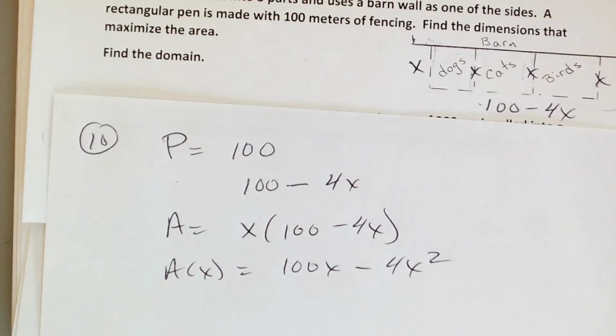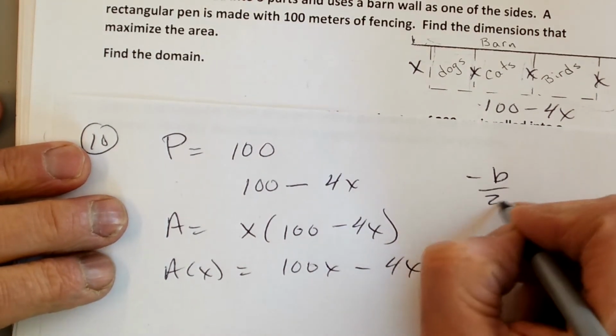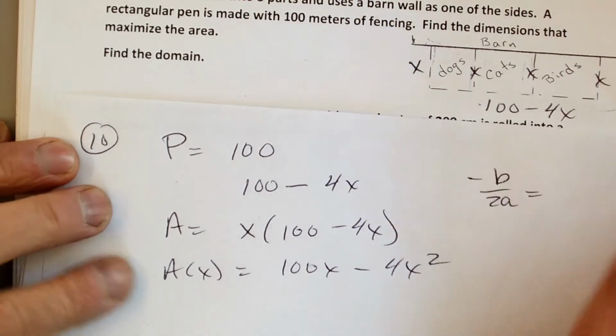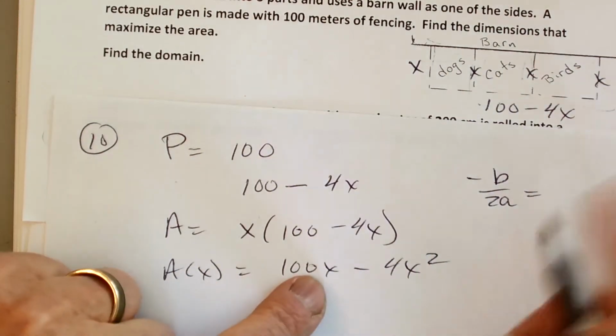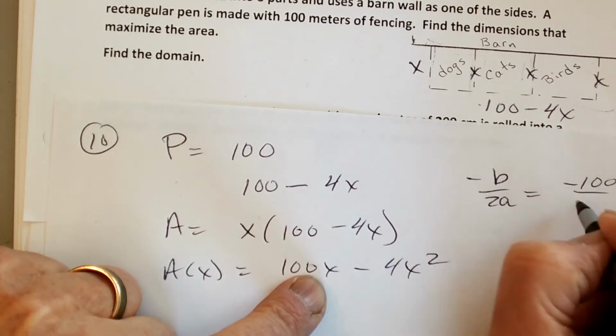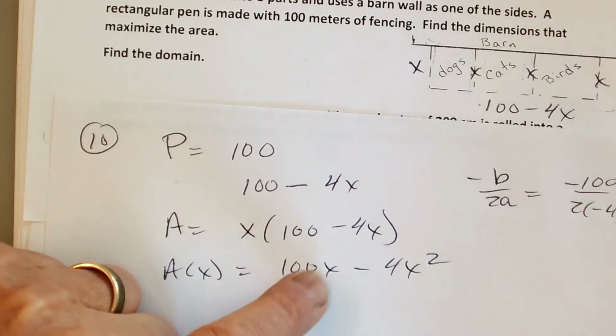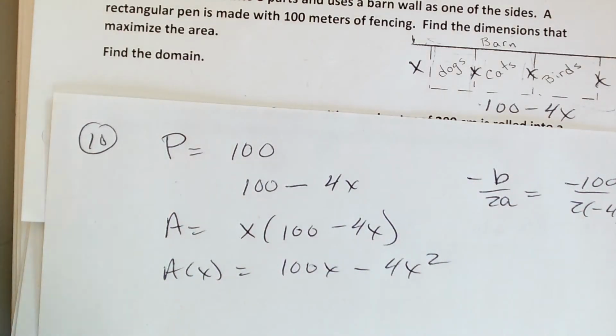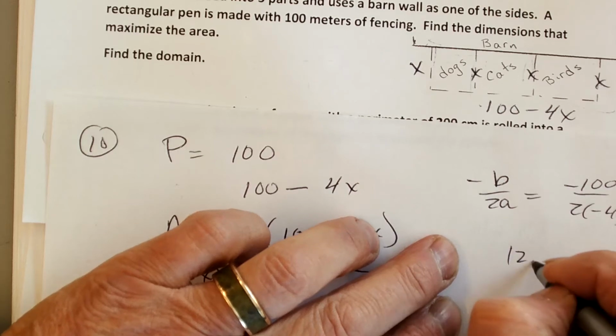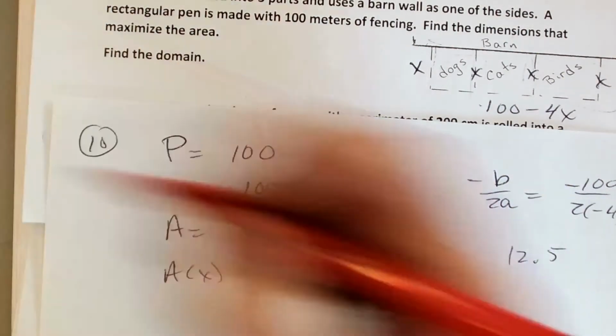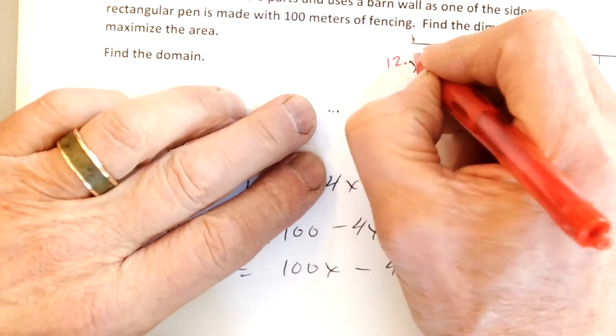Now, you could graph it and get the maximum. That works, but I'm going to use negative b over 2a. It's faster for me because it is a quadratic. So I'll go negative 100 over 2 times negative 4, which is 100 over 8. That should be 12.5. So this tells me that each of these pieces should be 12.5,